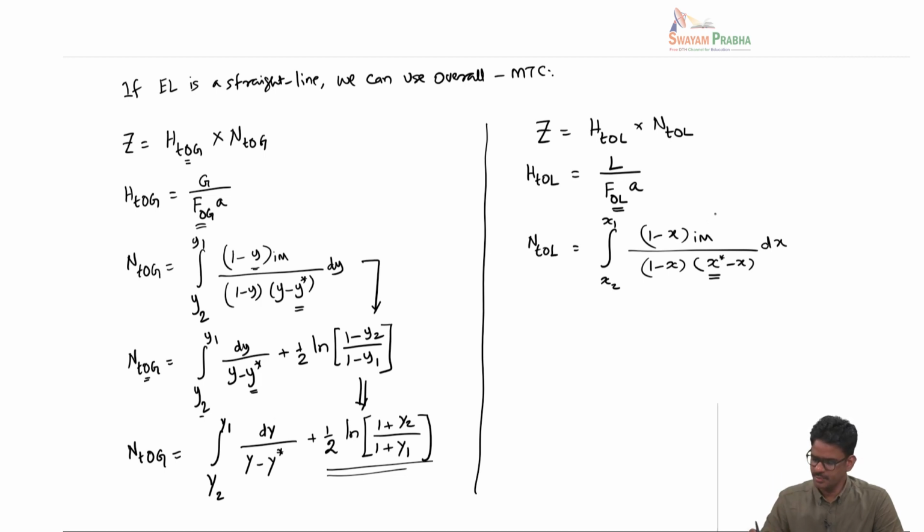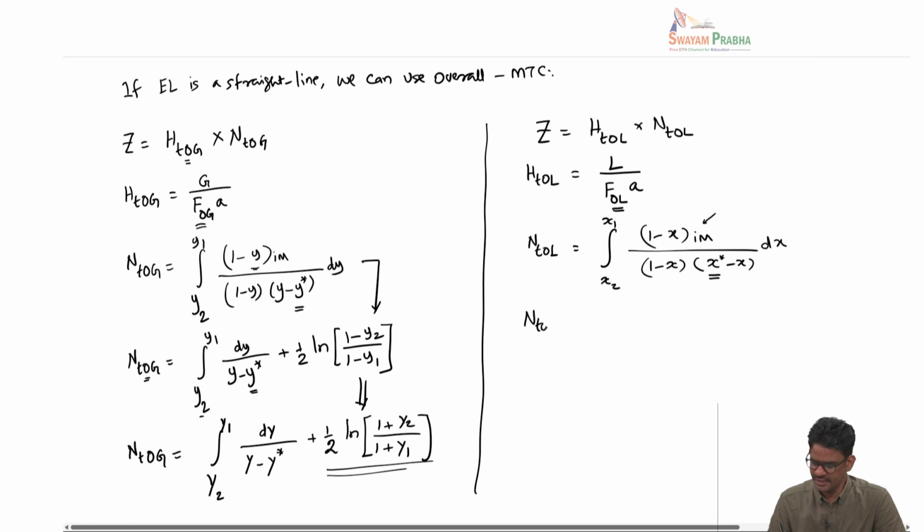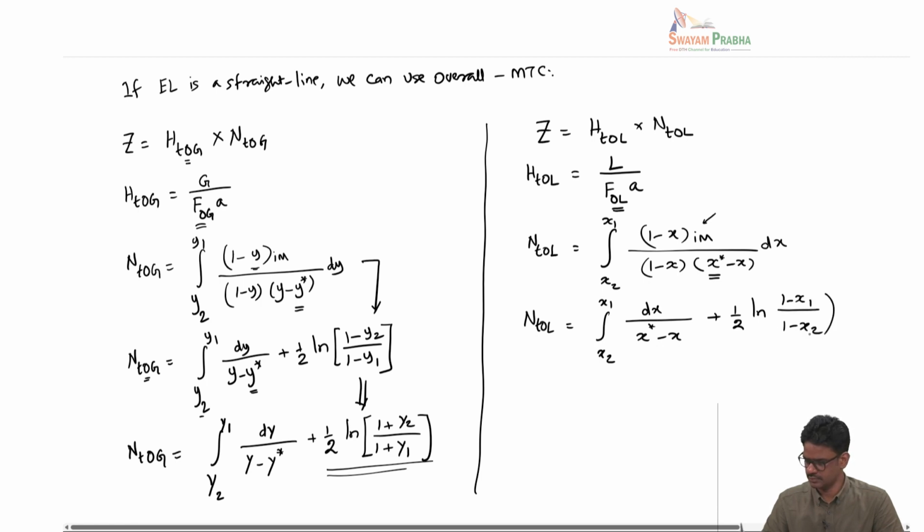Again here also I can replace this log mean difference with arithmetic average and I can get a simplified expression. And if I want to write this in terms of mole ratio units,